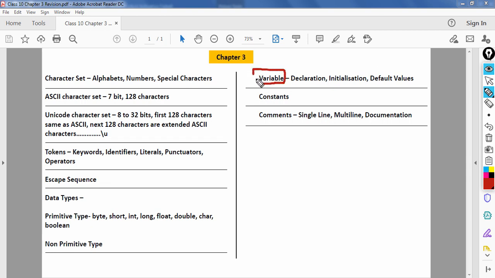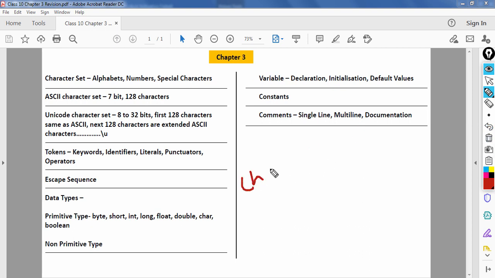What are variables? Variables are like containers, and what can they contain? They can contain different literal values. For example, if I want to store a character, I'll be using the character data type.